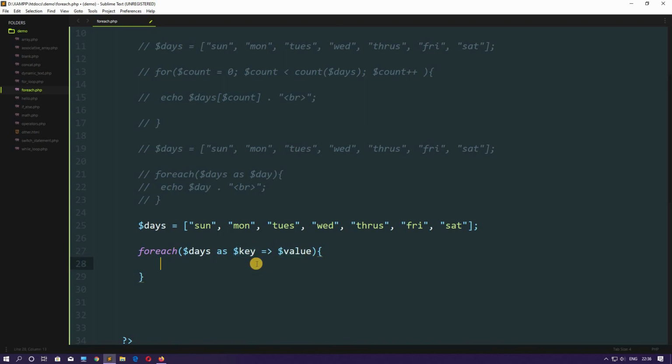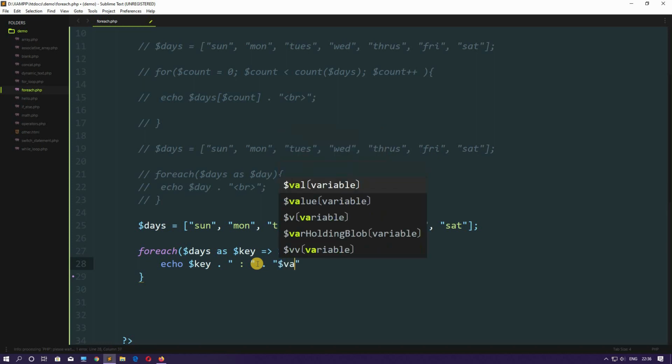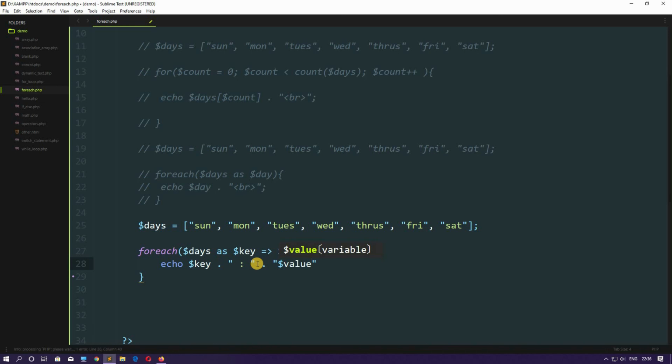So if I write echo $key, then concatenate it with a colon, and then again concatenate it with $value, and then again concatenate it with the BR tag to break the line. So I hope we don't get any errors.